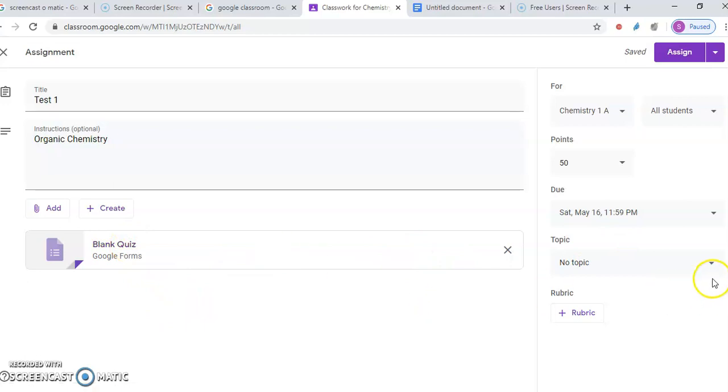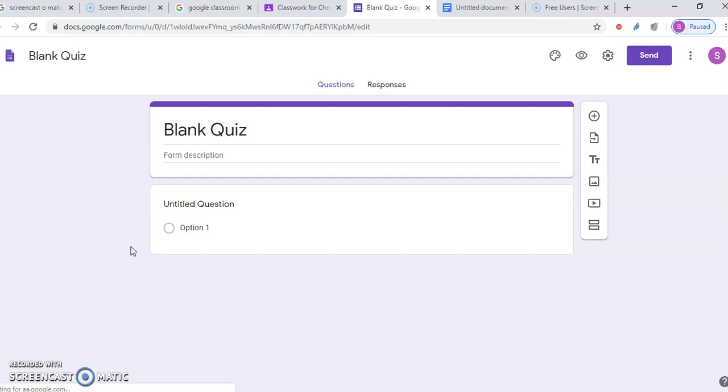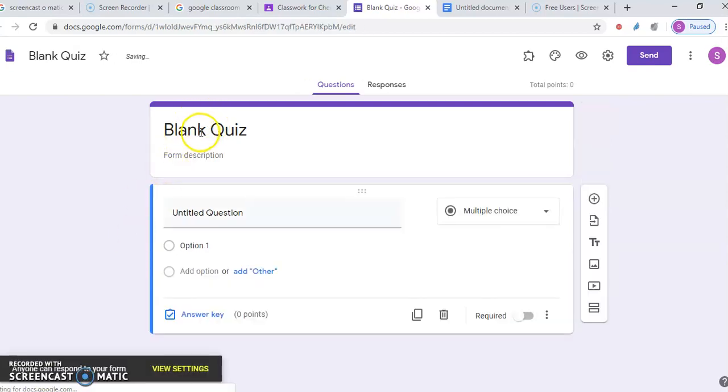If you want to type the topic, you just click this and create topic, and you mention the topic for the particular test. Create the topic as organic chemistry. Okay. Then you go to blank quiz. You take this blank quiz. Okay. So this is the